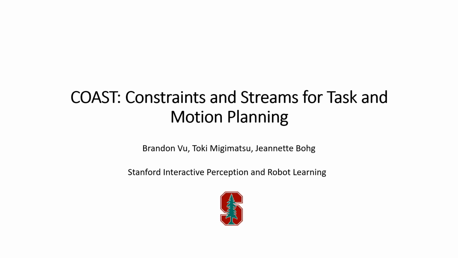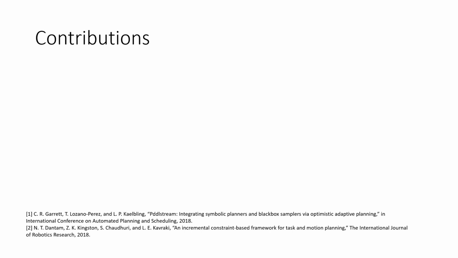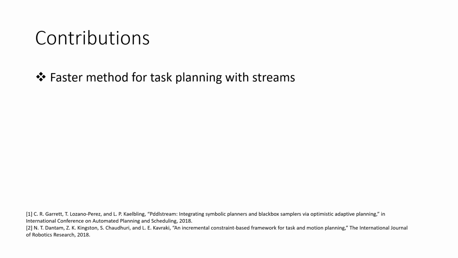We present COAST, Constraints and Streams for Task and Motion Planning. Our first contribution is a faster method for task planning with streams. We use streams from PDDL stream, which are unit sampling functions that provide an interface from motion planning to task